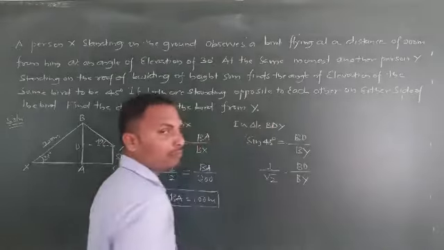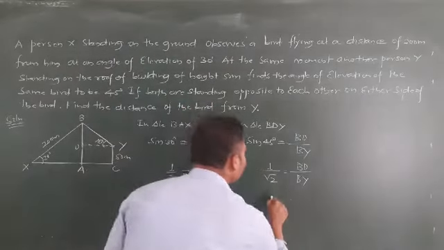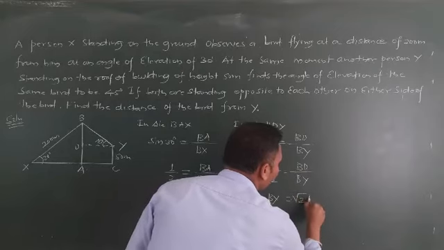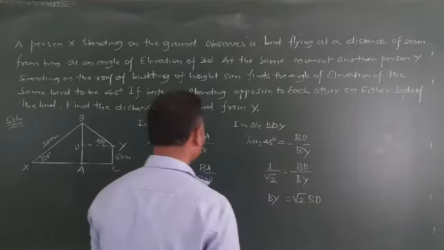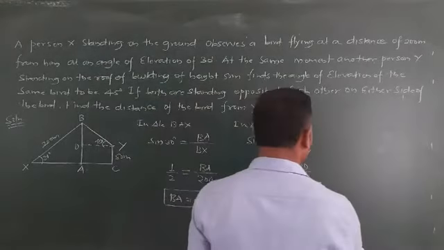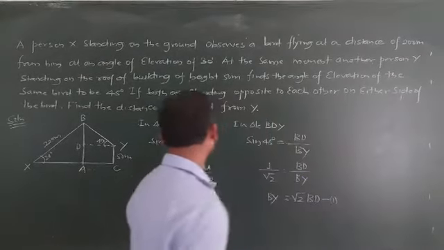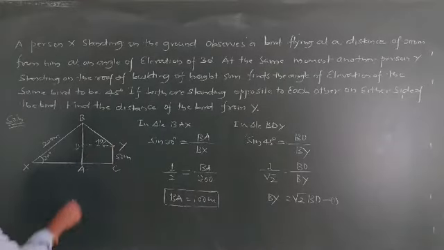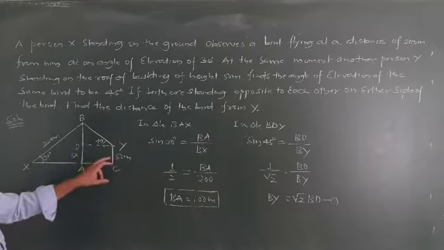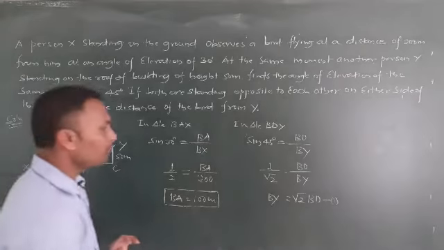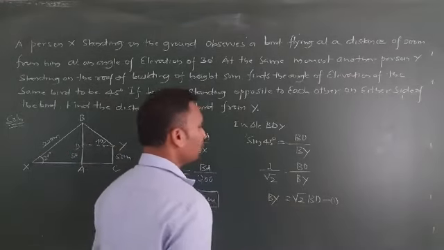Okay, now cross multiply. So what happens is, this becomes BY is equal to square root of 2 into BD. Okay, so now already we have BA here and this is for BD. So let me take this as equation number 1. Just you can see here, if YC is 50 means this is also 50. Now we have BA here. So total BA is what we need? BD we need, isn't it?